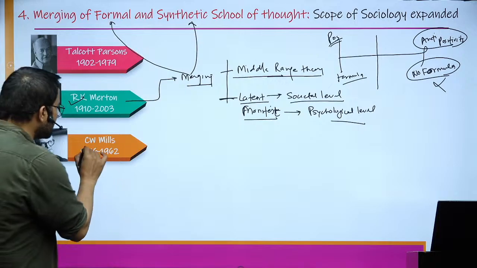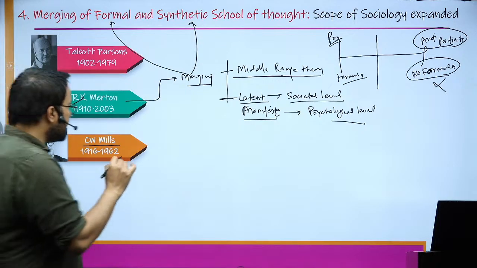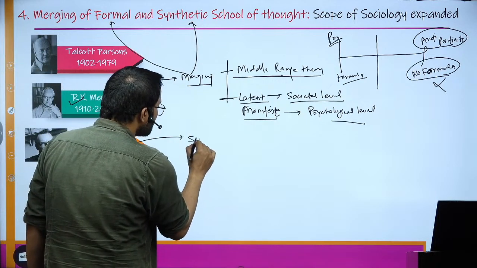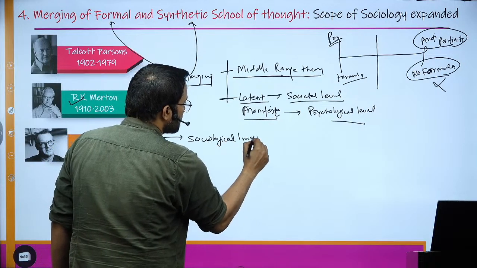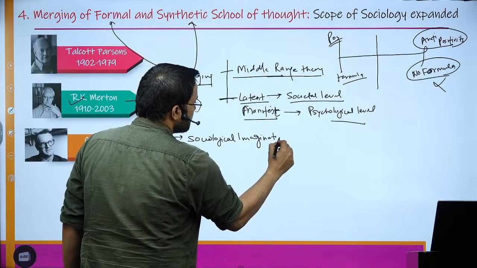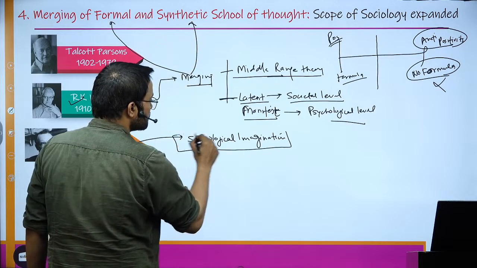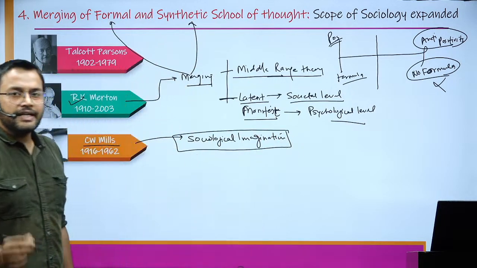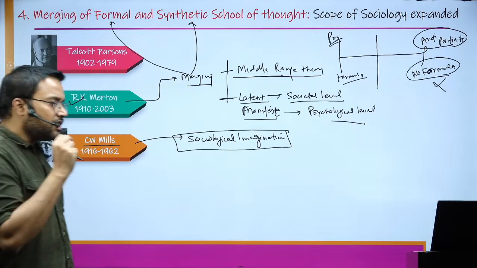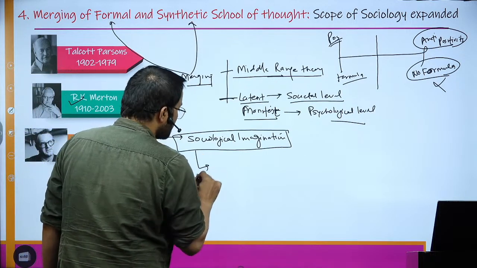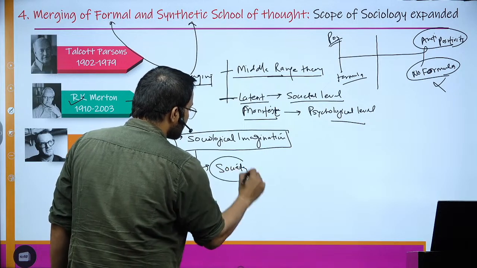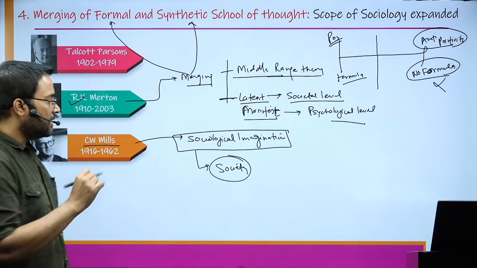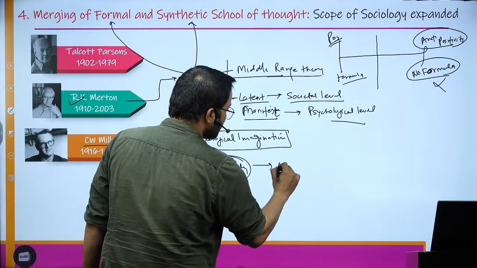Then we have C. Wright Mills. He was talking about a very beautiful concept of sociological imagination. Through sociological imagination, you can take an example: suppose you are living in a society, and just imagine that you are very obese,